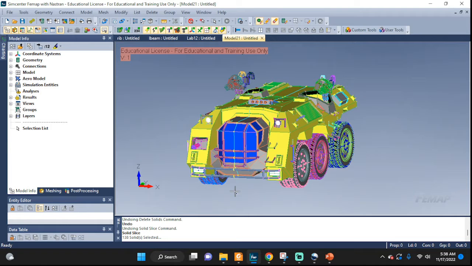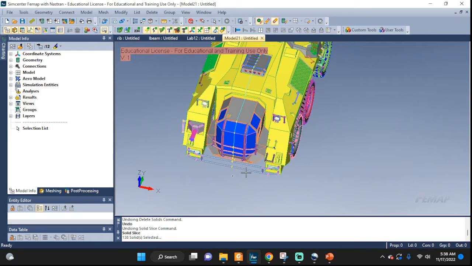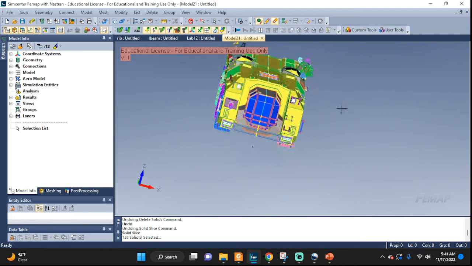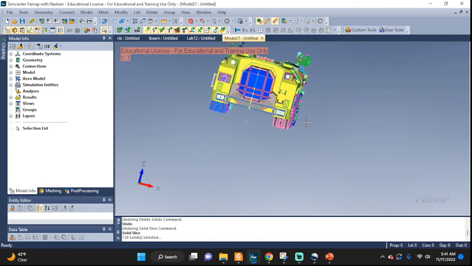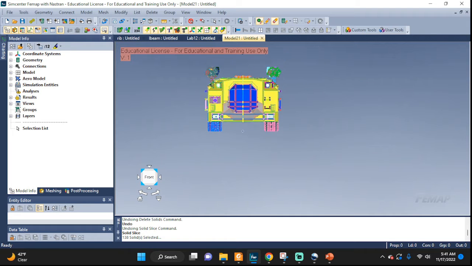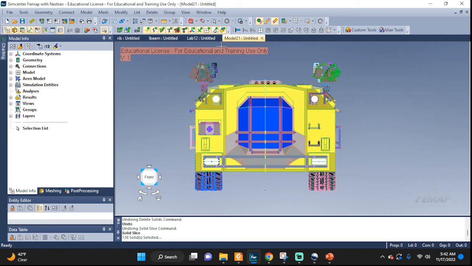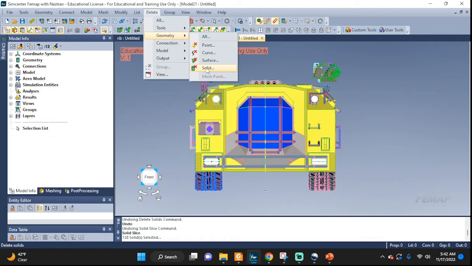And there you have it. We can see the nice line all the way across the entire structure. Now let's go ahead and delete half of this vehicle. Let's see. Go here, front. Now go to delete, geometry, solid,